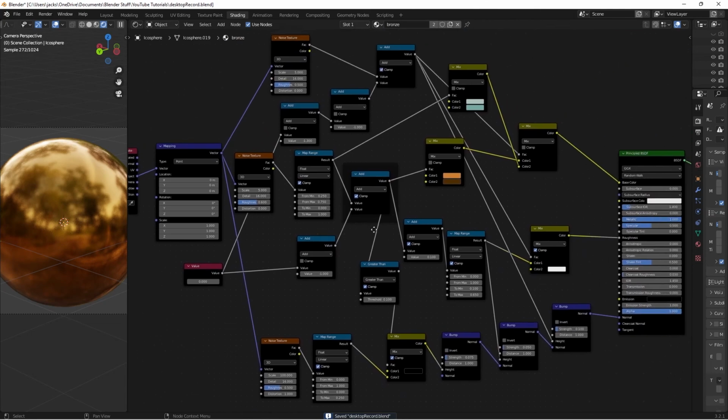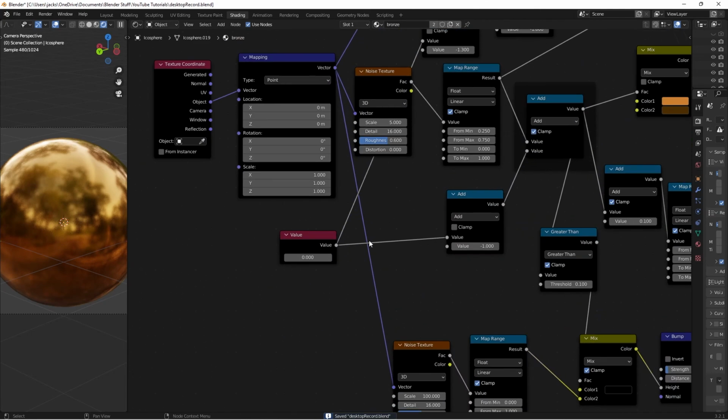But with that said, the tutorial is now over. You already saw the animation earlier, so you can go ahead and render out your animation, and then you can do it in reverse as well, and then you can loop it like that,